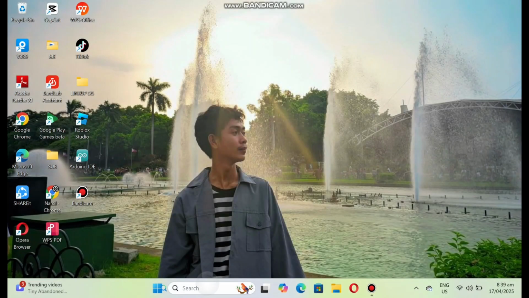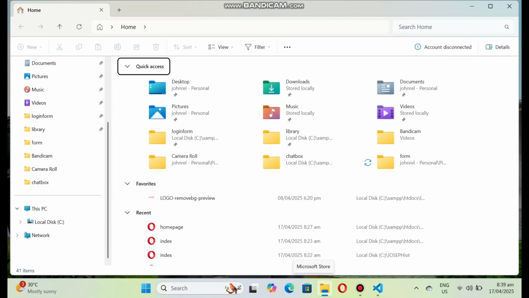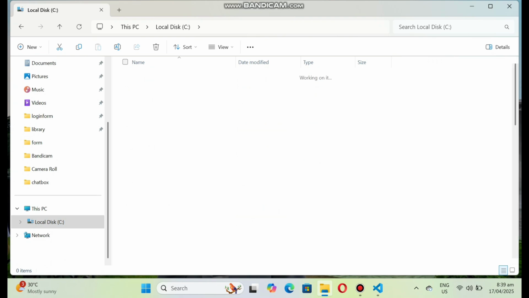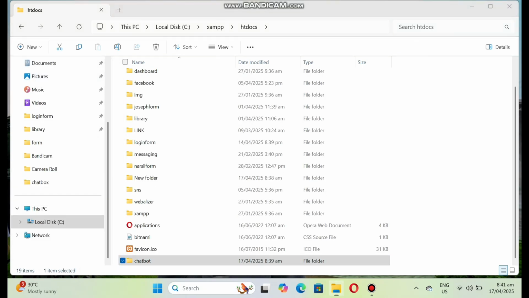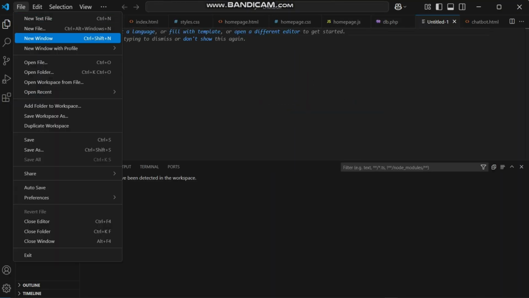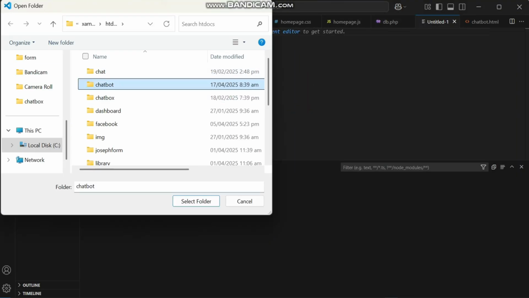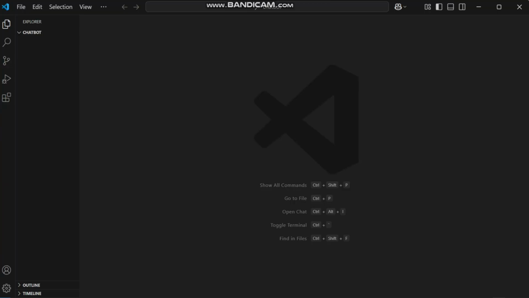In today's video, we are going to build a chatbot and a chat box. First, we must create a folder in XAMPP htdocs. Name it chatbot. And create